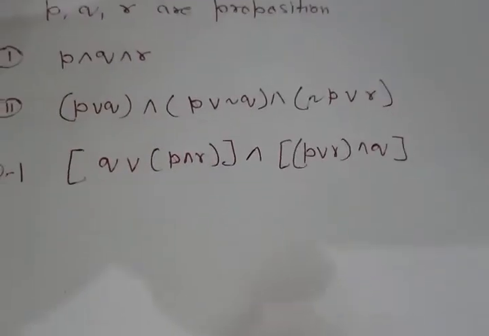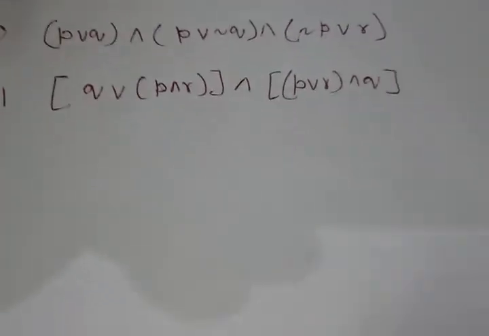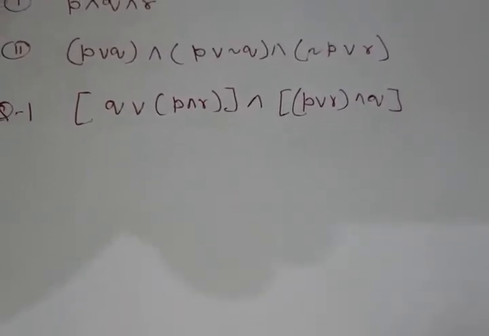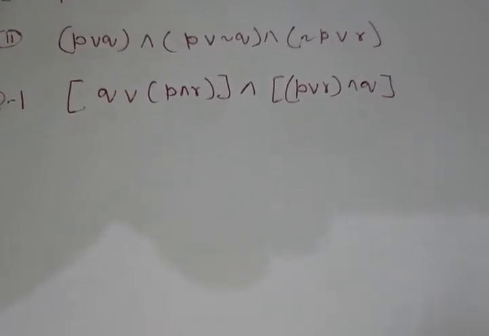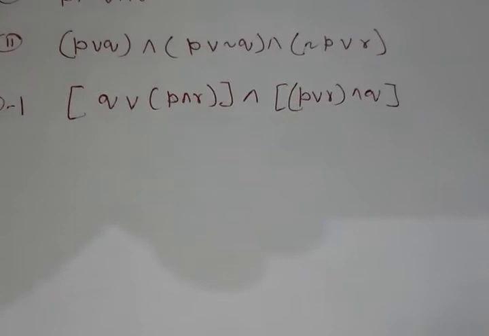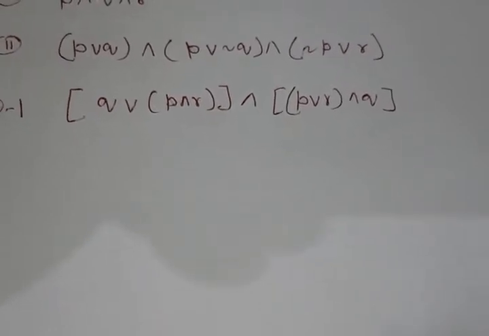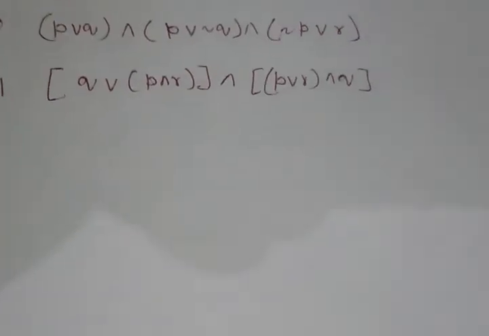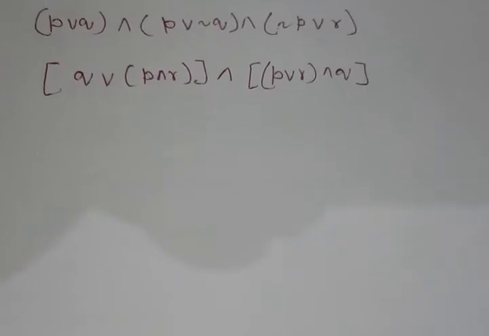We know that any given compound statement can be converted into the normal form in 4 steps. First, simplifying by the conditional rule, which is absent from this question. Implication, which is also absent from this question. Now we will start the given question from the 3rd step. We will apply the distribution law to simplify this one.